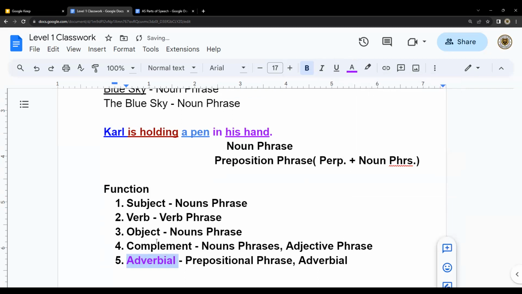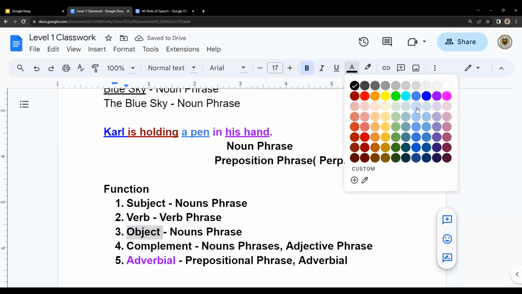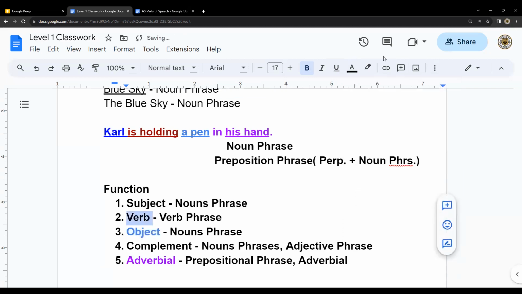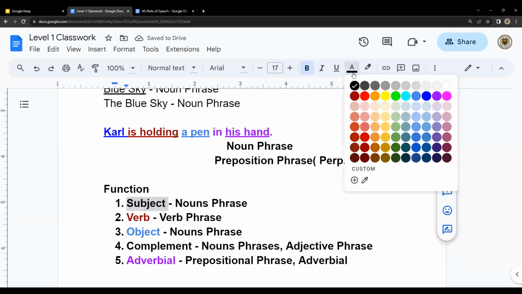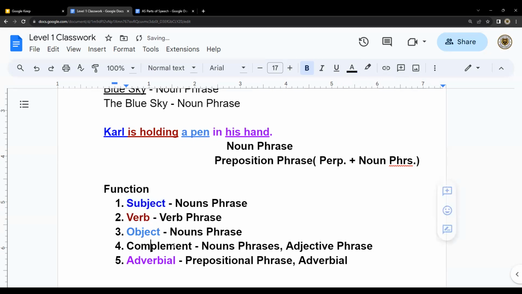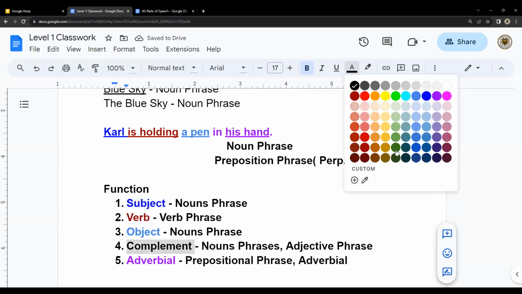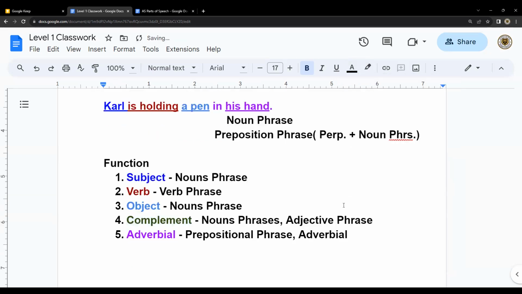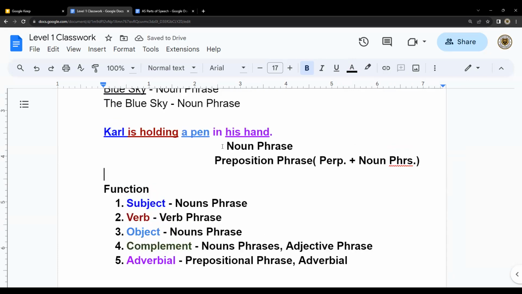And also, we have to remember by the color. I think it's going to be easier. So adverbials are always purple. And then complements, we're going to go with green. Okay, so Nelson,